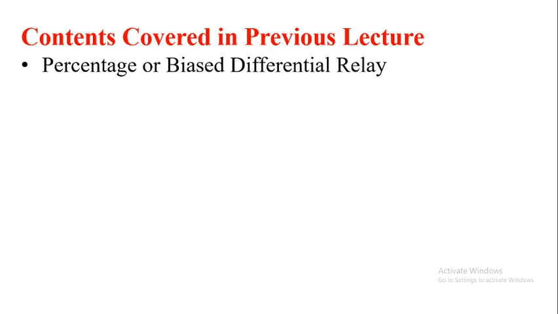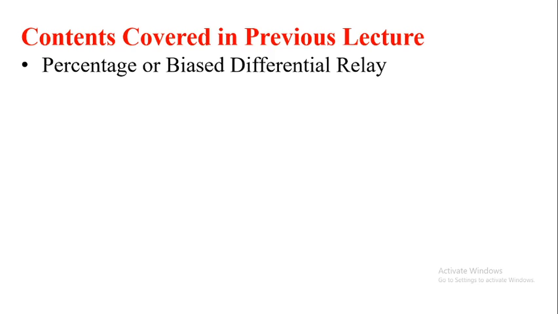Hence the relay is called a percentage relay, and the characteristic of this relay is a straight line having some value Ks on the y-axis. The slope is expressed in terms of percentage. If the slope is 0.2, we can have it as 20%. If the slope is 0.5, we can have it as 50%. Above the line, the relay is going to operate, where the torque produced by the operating coil is greater than the torque produced by the restraining coil, and below the straight line, where the operating coil torque is lesser than the restraining coil torque, the relay is not going to operate.